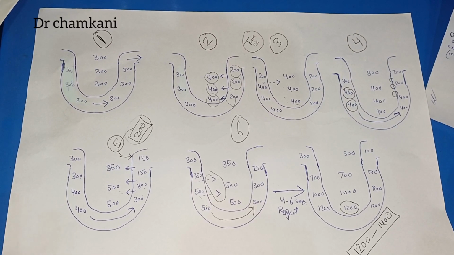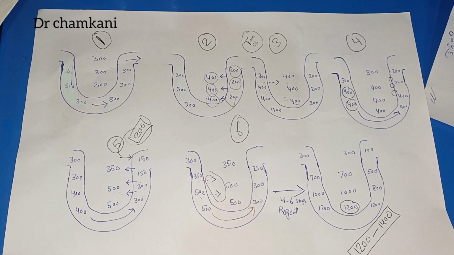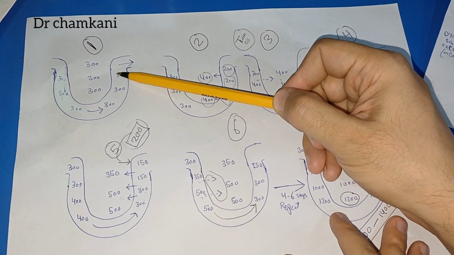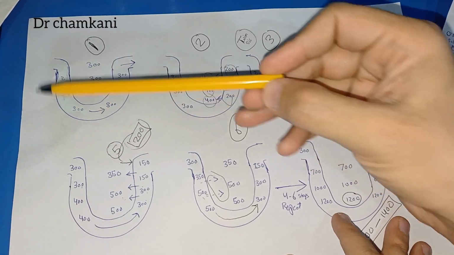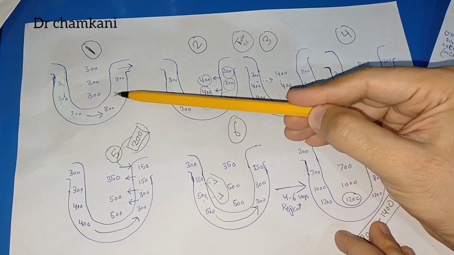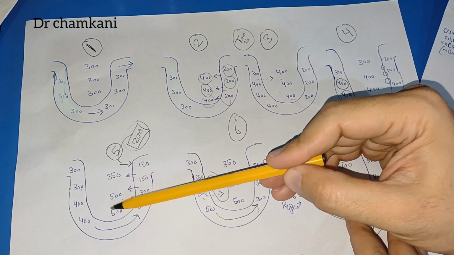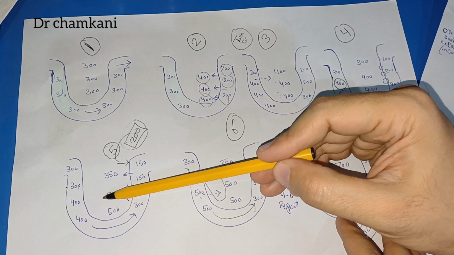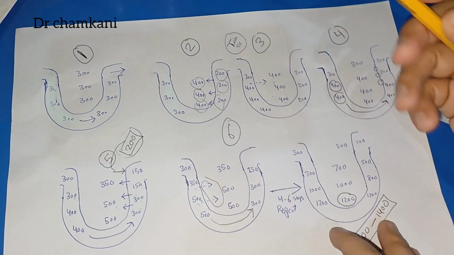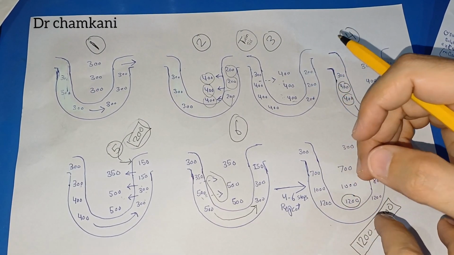If you want to understand it, you can watch it a few times and you will clearly understand, and you must know only a few steps. The ascending portion is waterproof. It will not allow the movement of water. The descending limb allows the permeability of water, and the difference between the medullary interstitium and the ascending limb can only be 200 milliosmol. Whenever there is an increase in medullary interstitium osmolarity, it will quickly equalize with the concentration in the descending limb. Now there are other things which play a role in keeping the medullary interstitium osmolarity very high,